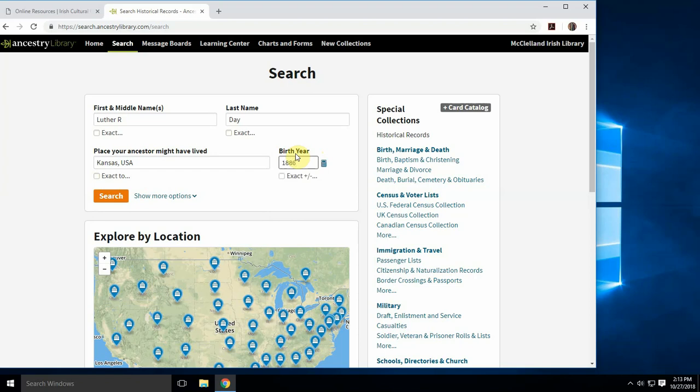Now if you don't know your ancestor's birth year, you can always use this exact button here to estimate. So you can make it exact to this year, or you can make it plus or minus 10, 5, 2, or 1 year. However, I'm going to leave this unclicked for the moment just to show you the basic search. So this is the information we have on Luther. We are going to see what Ancestry.com can pull up. I press the search button,